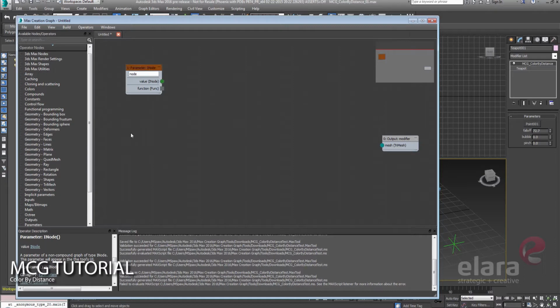We also need to know where it is in space, and to do that, we'll pull up another node. We're going to grab modifier matrix.